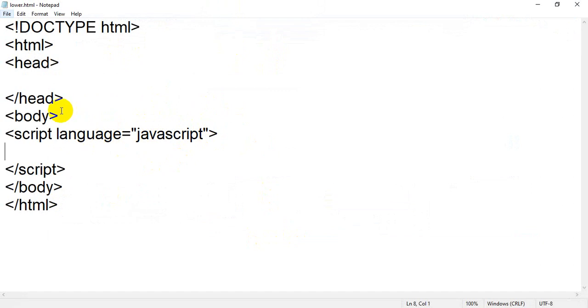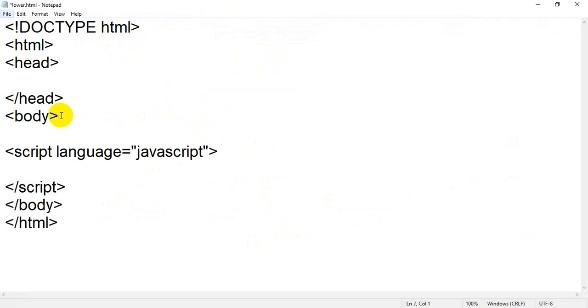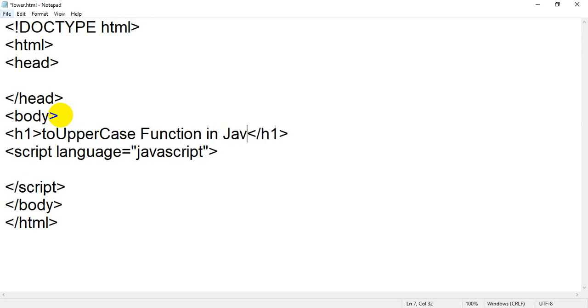Now if you want to display anything on your browser, just add one h1 or any tag you like. I have written h1, and inside that I am going to write toUpperCase function in JavaScript.